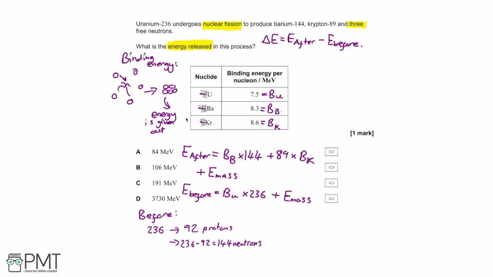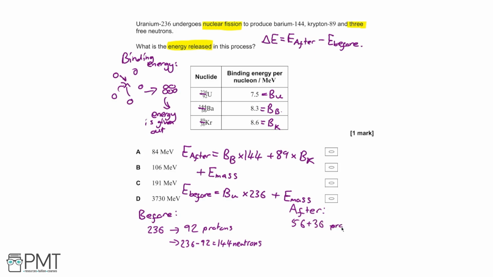The reason that this is true is because the number 92 is the atomic number and tells you how many protons. The number 236 is the mass number, which tells you the total number of nucleons. So subtracting 92 from 236, the number of protons from the total number of nucleons, we get the number of neutrons. We can do the same calculation for after, and we find that we have 56 plus 36